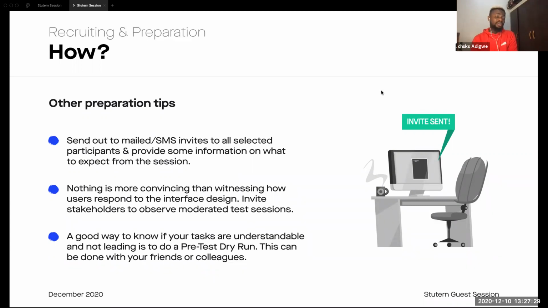One tip is to send out the invite to your selected participants on time. This invite should include what you expect from them. It could also include a summary of what the session is about and what they'll be doing. This prepares them so they know what they're coming to do. One good rule of thumb is, if you're going to be recording the session, which I advise, because recording allows you to observe as against struggling between taking notes and observing,